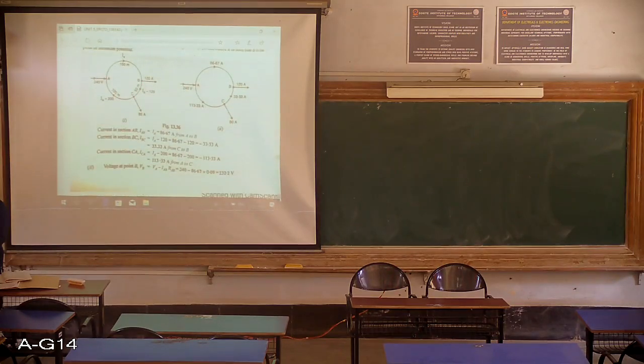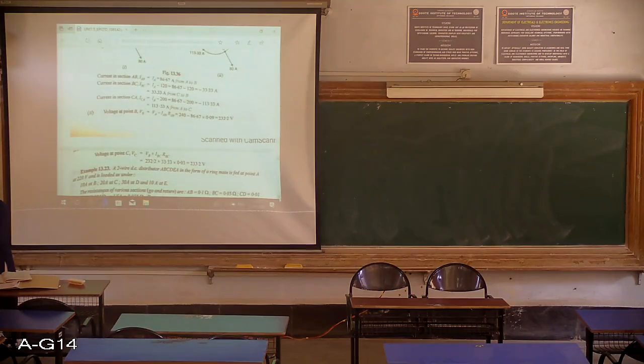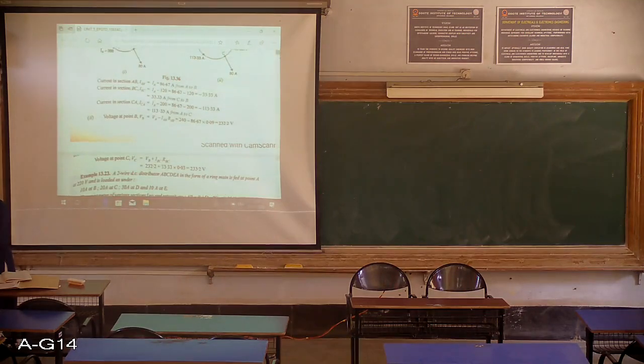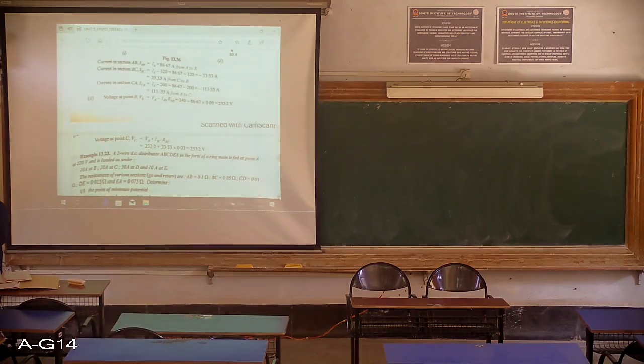Fine. So then what is the voltage drop at B? So VA minus IAB into RB. So this drop you have to calculate, which comes out to be 232.2. Then voltage at point C will be VB plus IBC into RBC. Clear? Or VA minus this, but I don't know this now. So it will be VB plus IBC into RBC. So find out the value, you will get the answer here.